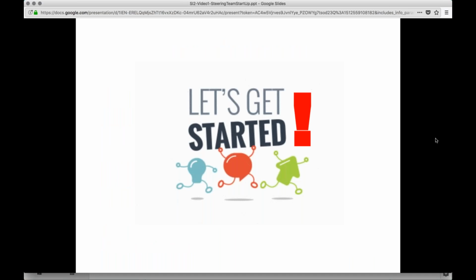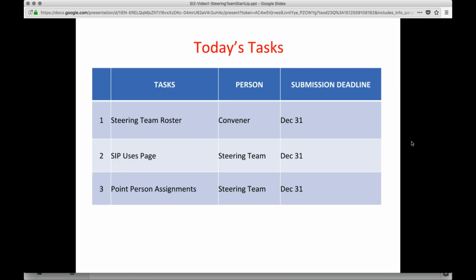We'll get into brass tacks. Okay, this is the let's get started part. So everybody can take a deep breath and let's start looking at some deadlines here. Your steering team roster should already be pretty well set up because you've had some time to think about who will fill those positions.